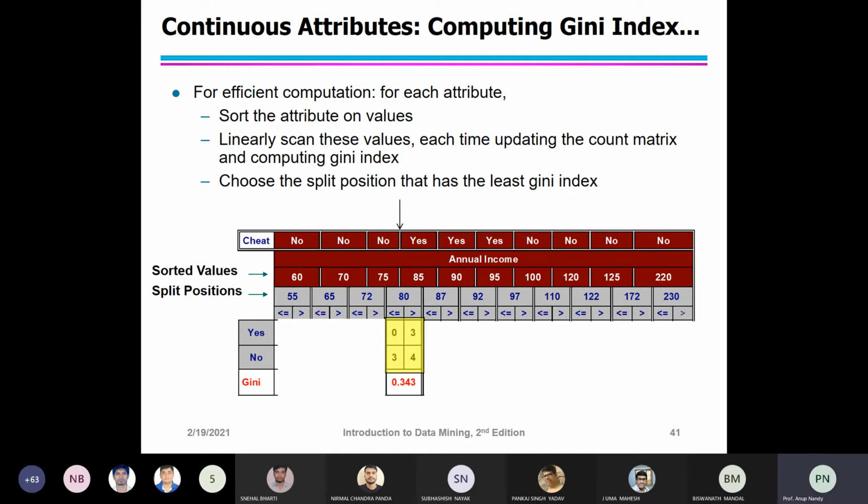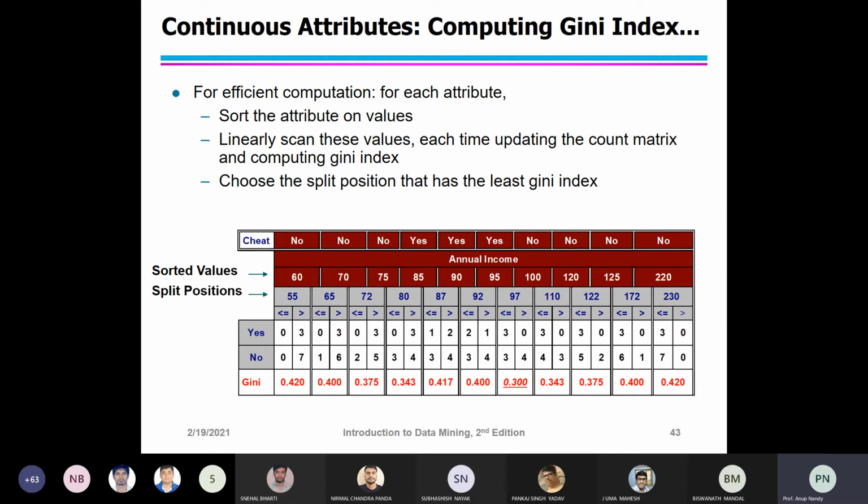On the other hand, the number of records with annual income greater than or equal to 55K is 3 for class Yes, and 7 for class No, respectively. You can check it in the table. You have to compute the Gini index for these.